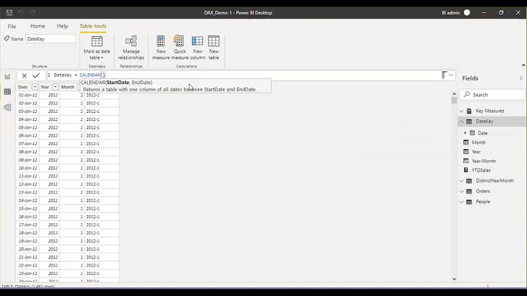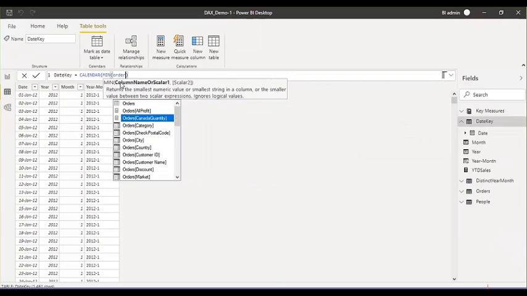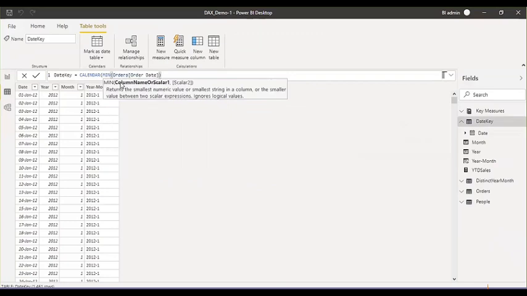How? The CALENDAR function requires a start date and an end date. The start date should be the minimum date from my transactional date column. So here we use the MIN function on the orders table, the order date. It means the date when the first transaction was done.